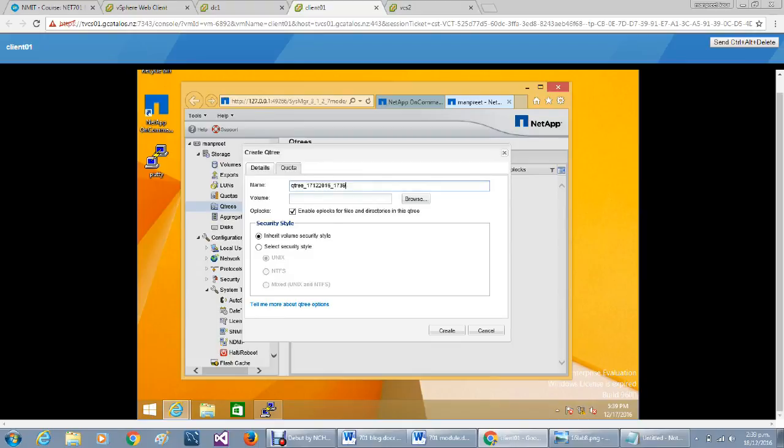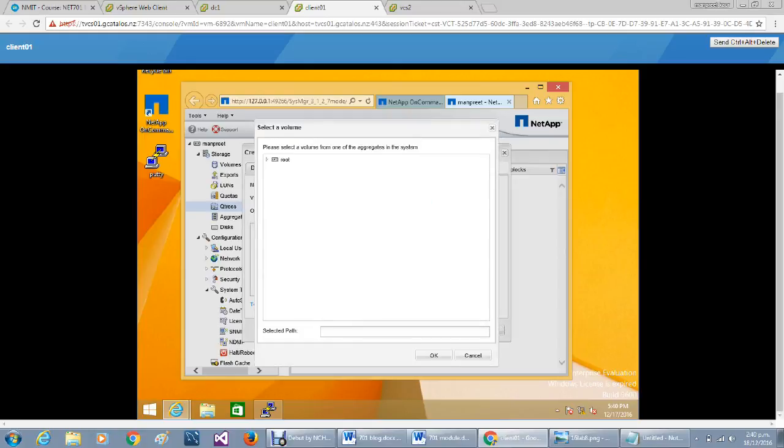Here we can name it CIFS tree 2, and now we choose the volume, the NFS volume for it, then click OK.